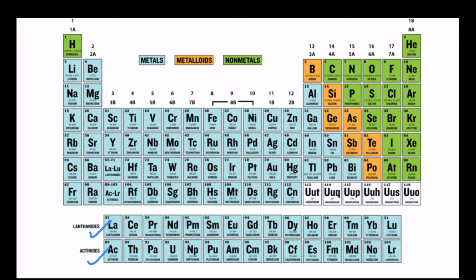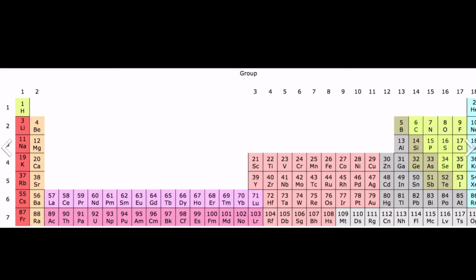Lanthanides and actinides should be placed here, but to make the periodic table compact, they are placed below the periodic table. If they are placed in the 6th and 7th period, then the periodic table will look like this. You can see how broad the periodic table looks like. Now the periodic table looks so big, which cannot be accommodated in the form of a poster.